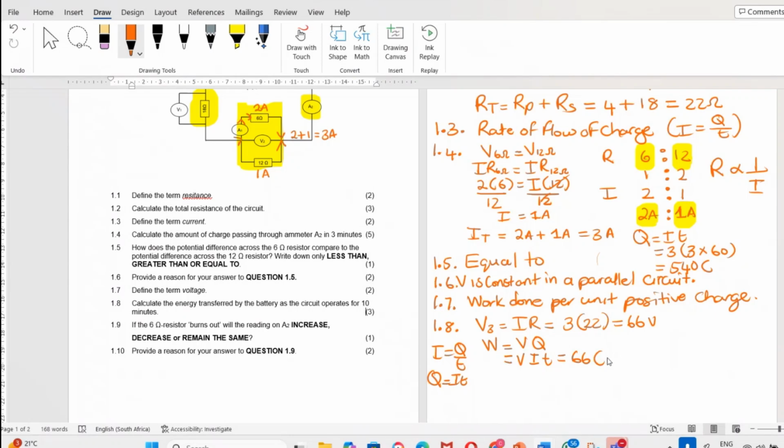Your current in the circuit is 3. Now you have 10 minutes, but you must convert that to seconds by taking the 10 and multiplying it by 60. And you would have your energy then in joules. Let's multiply that out quickly. 66 times 3 times 10 times 60. And that would give you